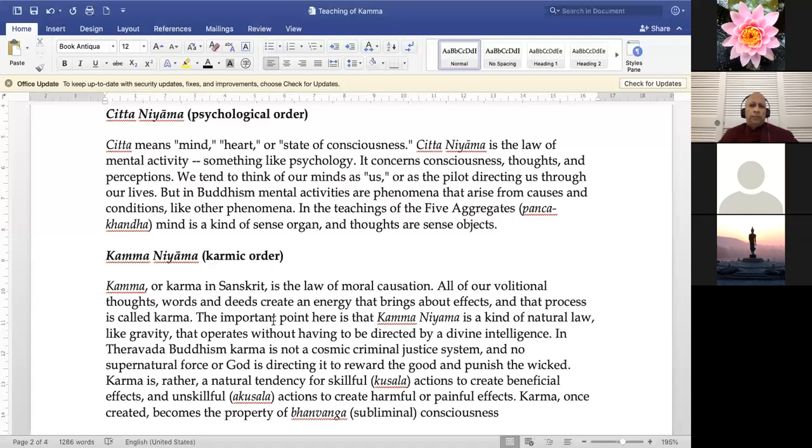Where do we store karmic energy? Just as I mentioned in response to that question from some of my friends who believe that karma is stored somewhere in the cosmos, in the universe, I happened to say that karma is stored within ourselves, within our consciousness, and then we did come back with this pair of words, bhavanga